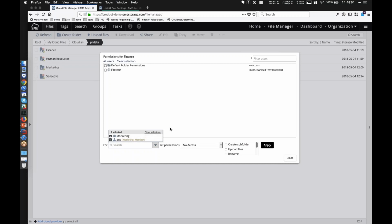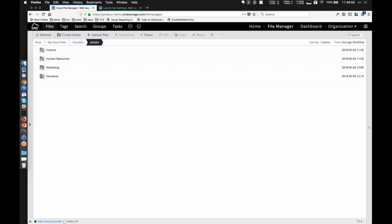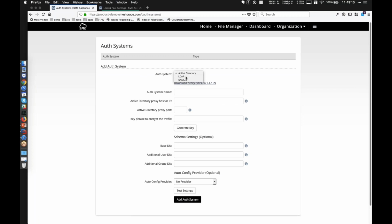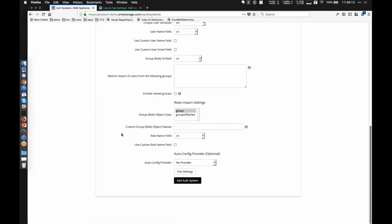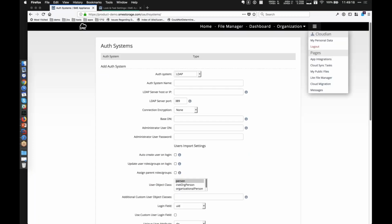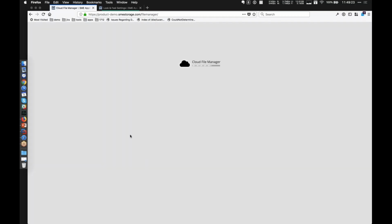If you are setting them up for the roles, those roles can be taken from Active Directory or LDAP. So there is one place where you can manage everything. Okay. And you can have multiple authentication systems. You can add Active Directory, you can add LDAP, and quite granular controls, however your LDAP schema is. Okay. Now, once that is set up, if you want to share the files,